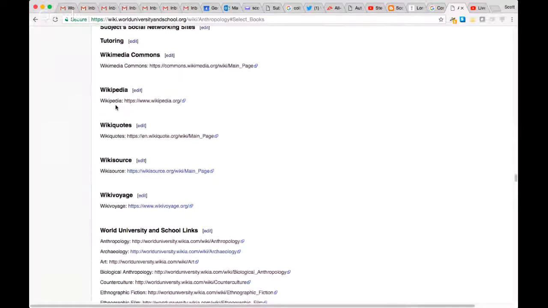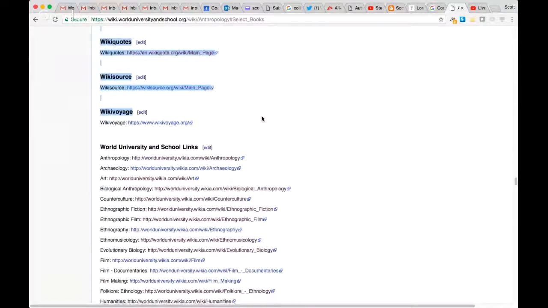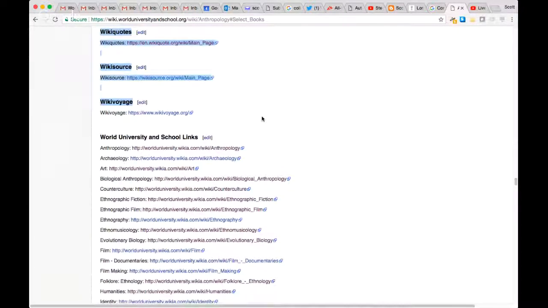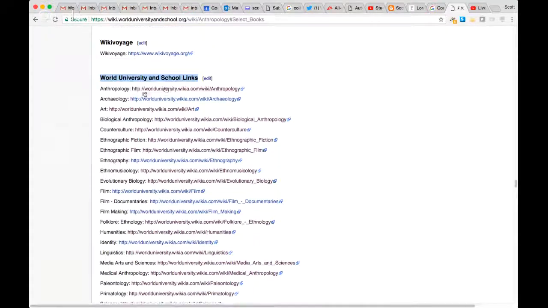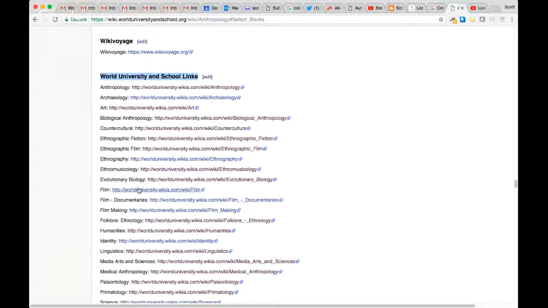And scrolling down, here's some Wikipedia related links, which will eventually be related to a Wikidata Wikibase backend structured knowledge database. And the last subsection of the main middle section is World University and School links to other World University and School wiki subject pages.